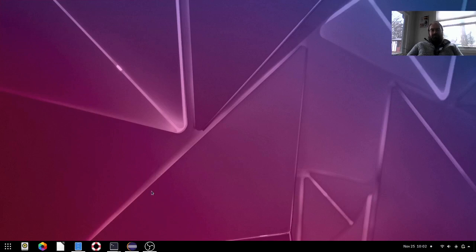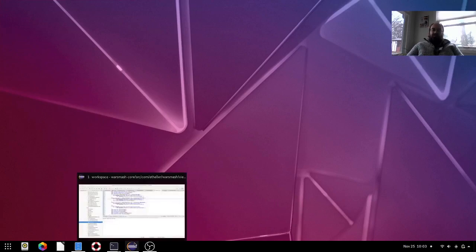So here I am on PureOS Linux, and I think that's kind of cool. I've configured the taskbar, kind of looks like Windows. You know, try to get sort of the feeling of it does everything I want it to do, but now I'm not sold to Microsoft, so that seems pretty neat.